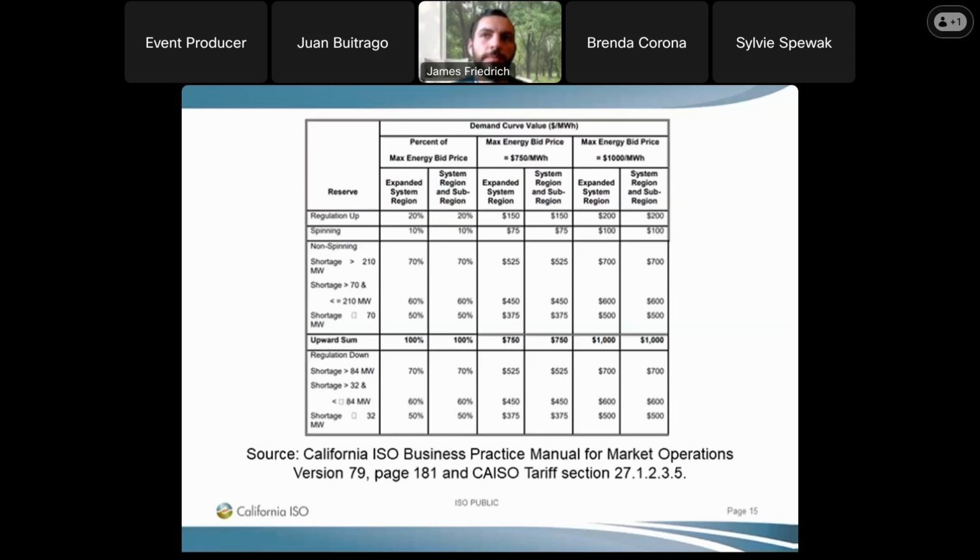Okay, I must have misunderstood. I thought the ancillary services are not re-optimized in the real time market, but it sounds like they are. You're right, they're not re-optimized in real time, but if incremental quantities are needed, we will re-procure the incremental amount. So let's say, for example, you're going into a real-time market, a certain FMM run, and a unit that was holding 250 megawatts of non-spin goes on outage all of a sudden, and the market cannot recover. The market would then look in that FMM interval to procure and replace the 250 megawatts. And if it can't find replacement for that 250 megawatts, it would activate